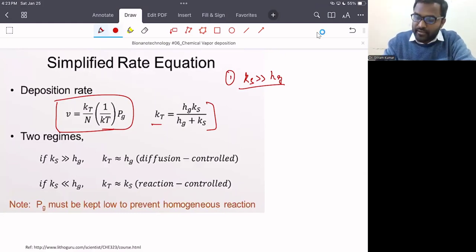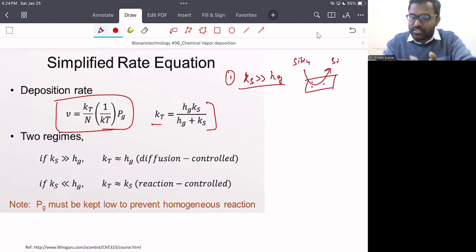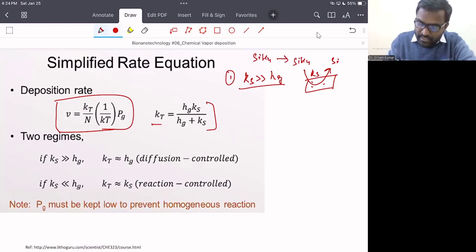That means here you have the surface, right? And here the reaction, the conversion of this one in the silicon is much faster, and the rate constant for this process Ks is much faster as compared to the diffusion of this one from surface to that one. So in that case, we will have the condition, and if we solve this one, then we will get